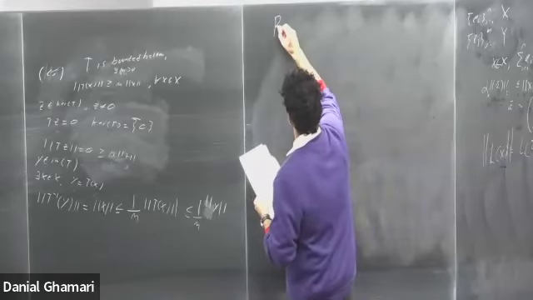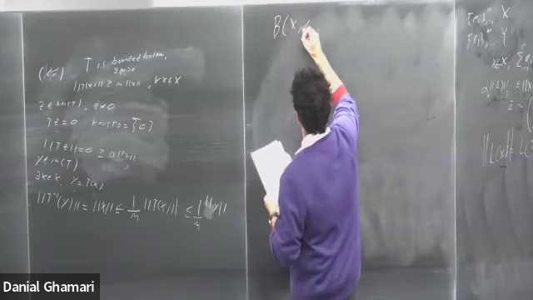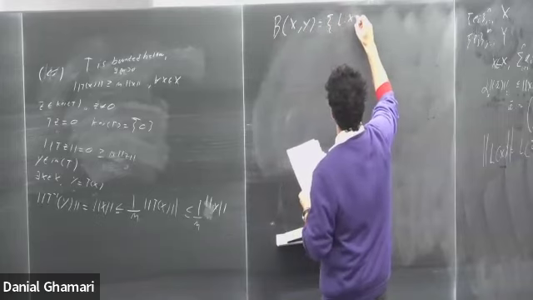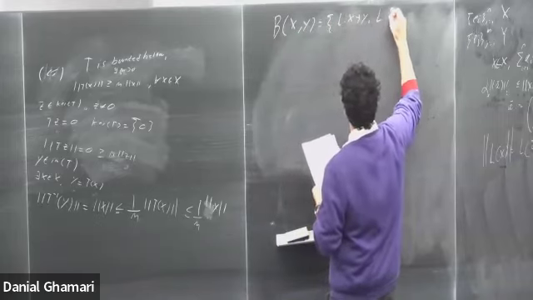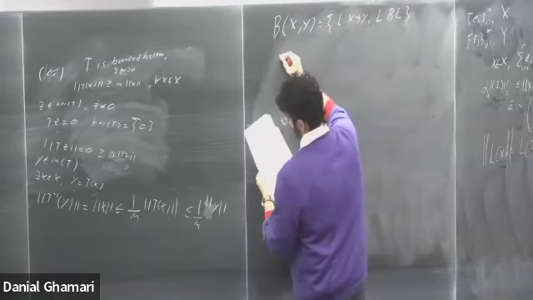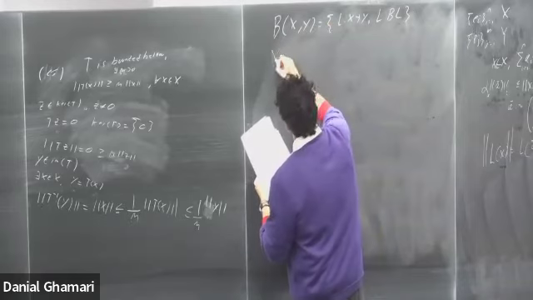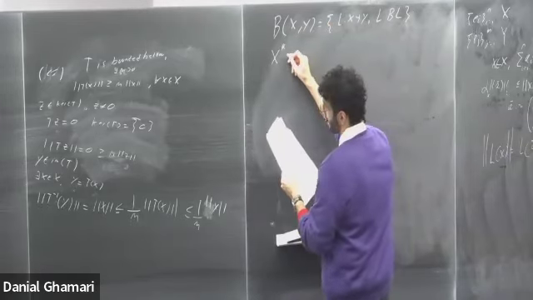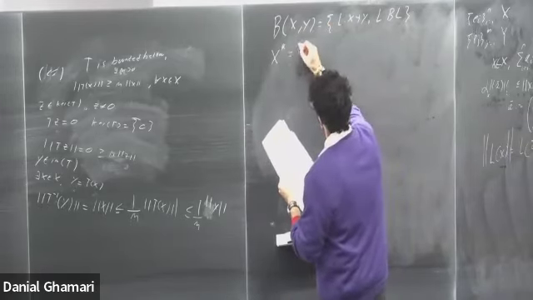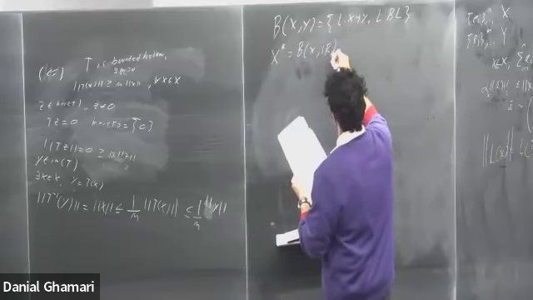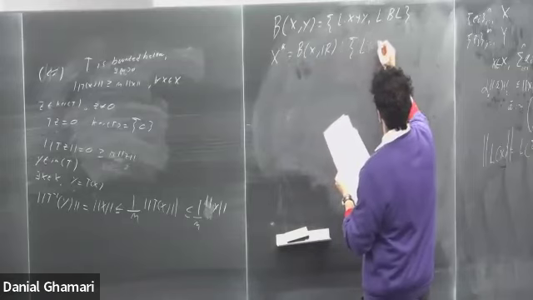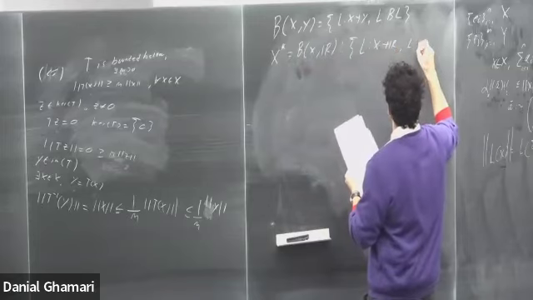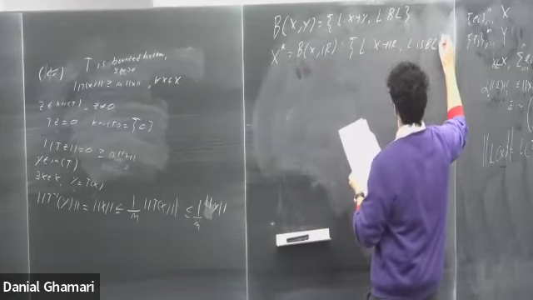Okay. So I introduced this notation of B(X, Y), where this is the set of all L from X to Y such that L is bounded linear. And then what I'll now introduce is this new space called X star. We'll call this the dual of X, and this is equal to B(X, R). So it's the set of all bounded linear operators L from X to the real numbers, where L is bounded linear.